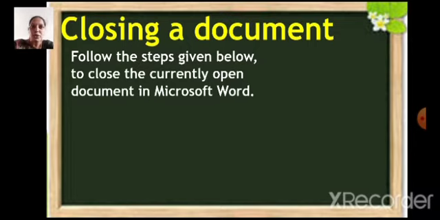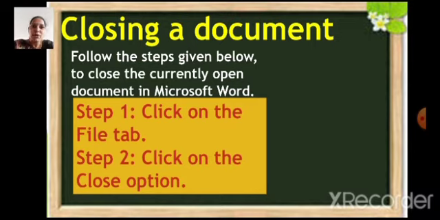So in MS Word you can open 5, 6, 7 documents together. One after another you can keep on opening them. So you can keep on working in any one of the documents, even if all other documents are open. So if you need to close the document in which you are working at present, you have to click on